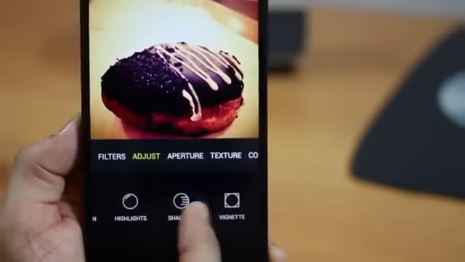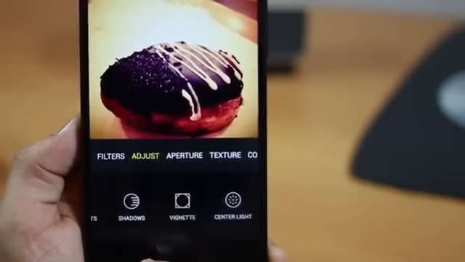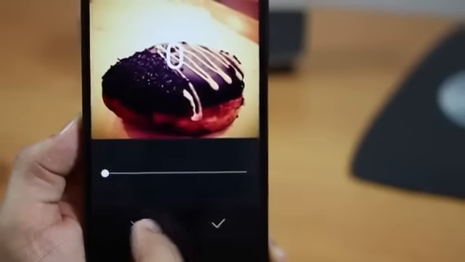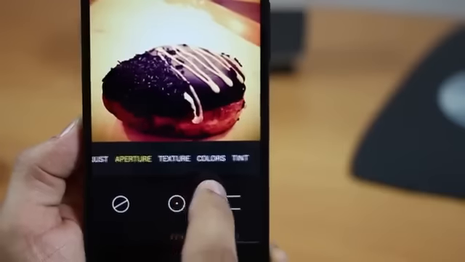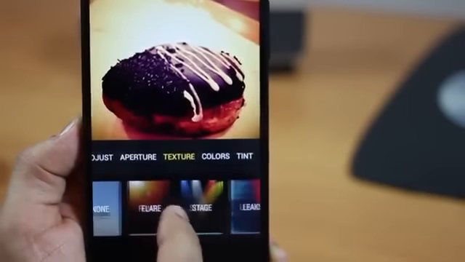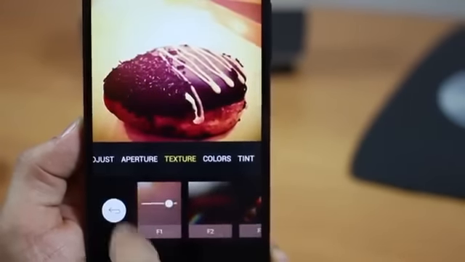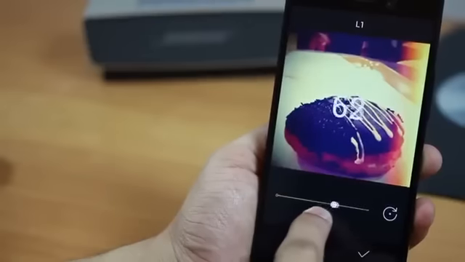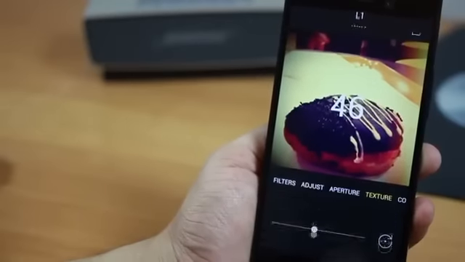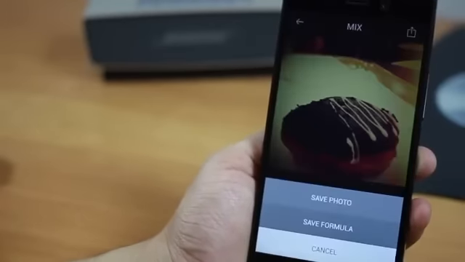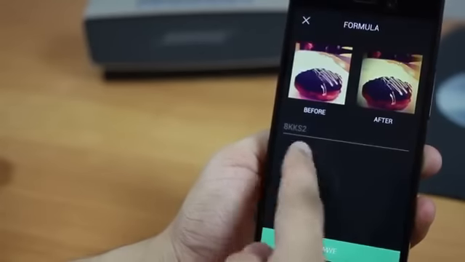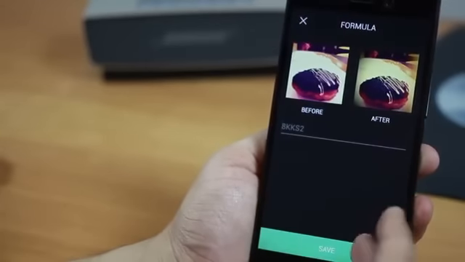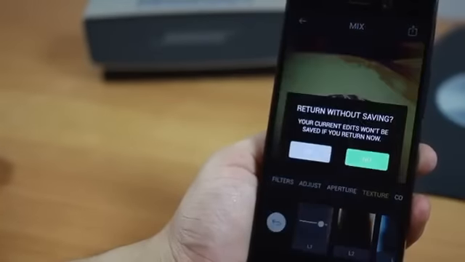And you're still wondering, why am I even talking about this app? A lot of apps out there can do this, right? Hold on, I'm going to get to that. So let's say you fix your aperture, you fix your textures, add a little overlay, a bit of frills and solar flares and all of that, reduce brightness and whatever. And then you say save, and you can save this formula. You can save this filter as your own, and you can apply it later on a particular photo. That's brilliant, right? There you go, that's different.